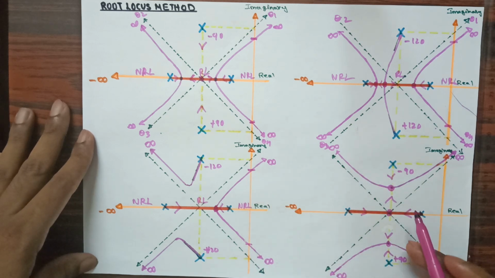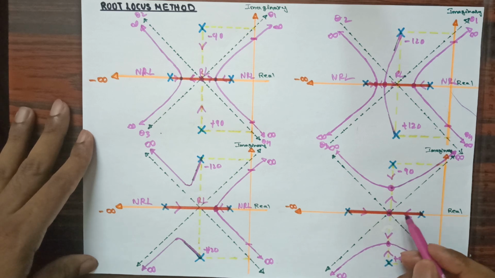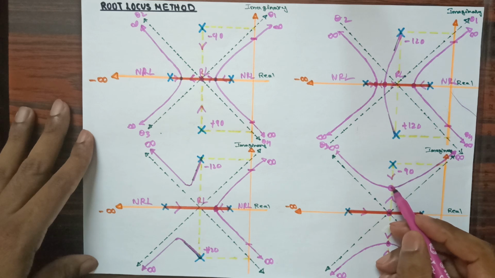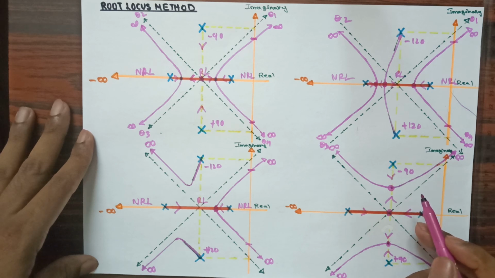So in this way again you can see in this fourth example, I have also considered 4 poles. Here I am not having any zero to end. All these poles need to move towards infinite destination, and here I have provided one breakaway point at this point and another breakaway point with a complex value. So when you are finding in the root locus method, you may get a real value of breakaway point or you may get a complex value of breakaway point.